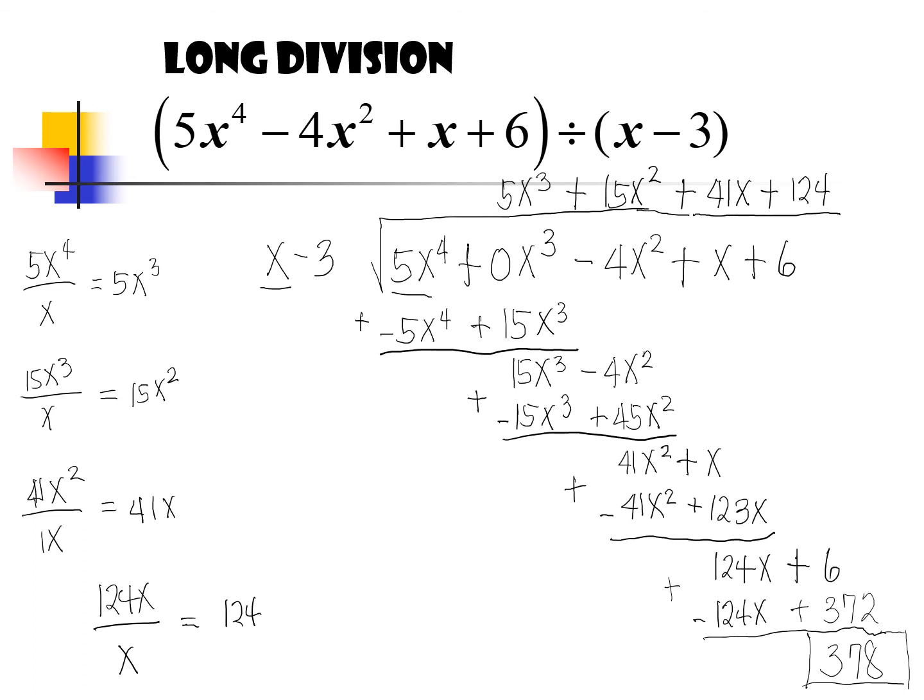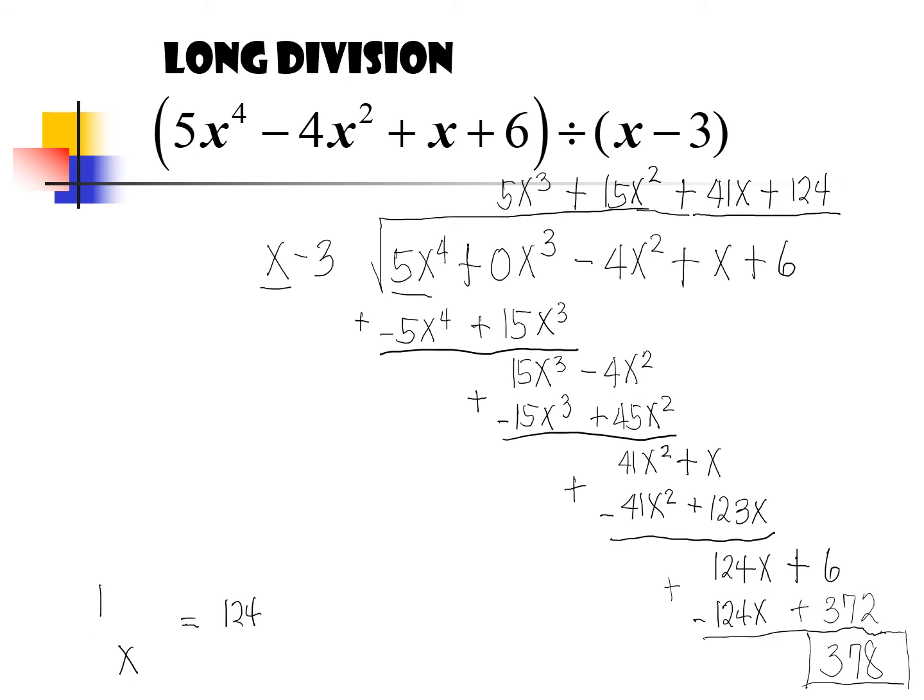And how do you write the final quotient? Okay, let me erase everything here so that we can write the final quotient, including the remainder. So we have 5x to the power of 3, I'll write it in red. So we have 5x to the power of 3 plus 15x squared plus 41x plus 124 plus